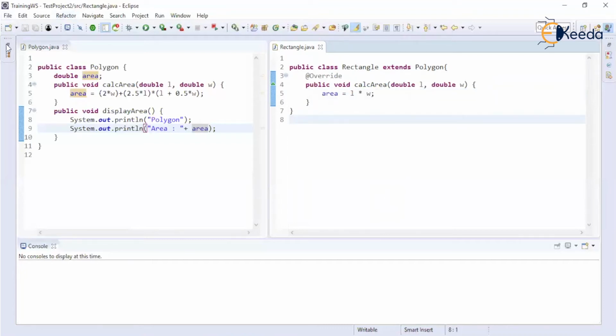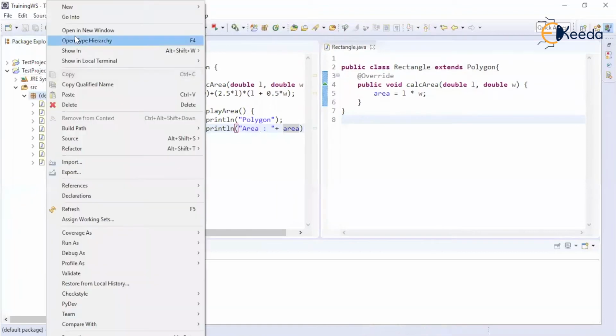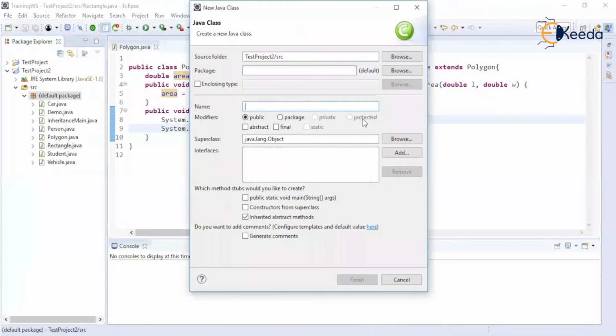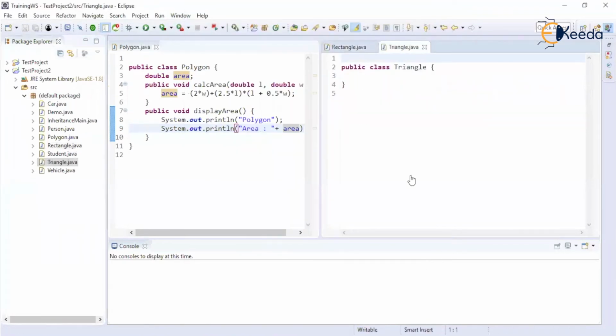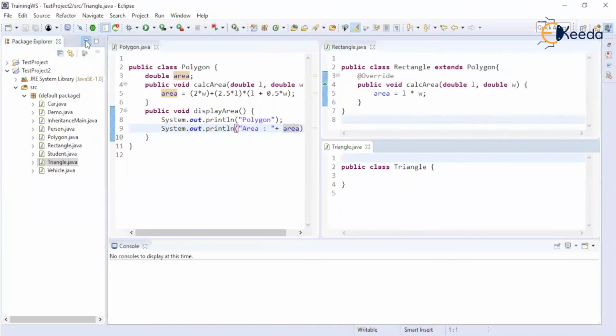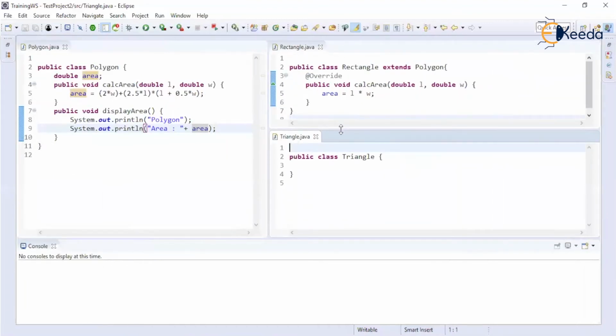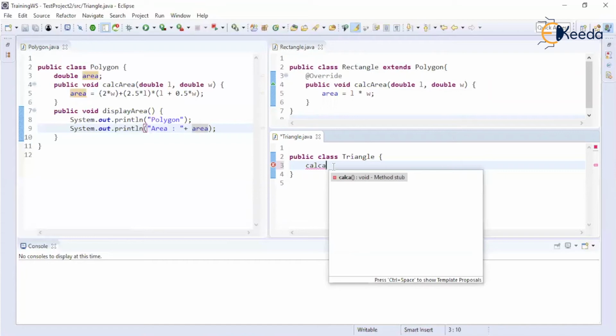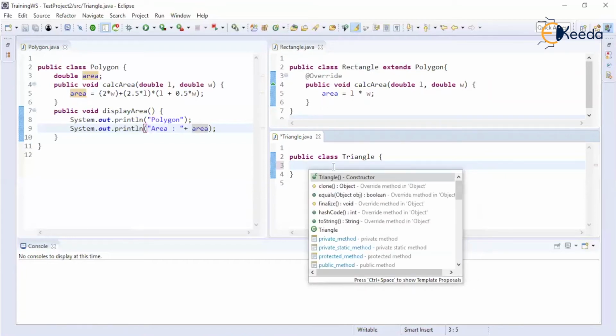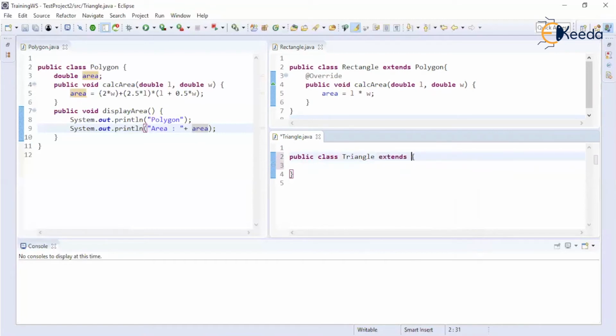Now another class I have, for example, is the class Triangle. Triangle is also a polygon, and I'll need two dimensions to calculate the area of a triangle. So I will again override the method calc area. When will I be able to override the method? Whenever extends Polygon is mentioned, right?